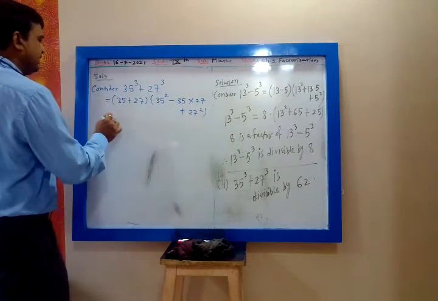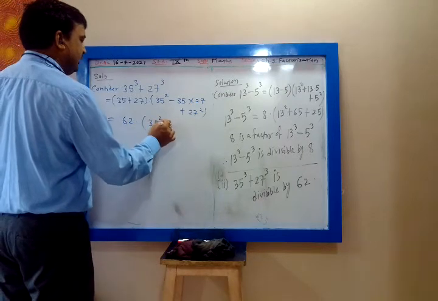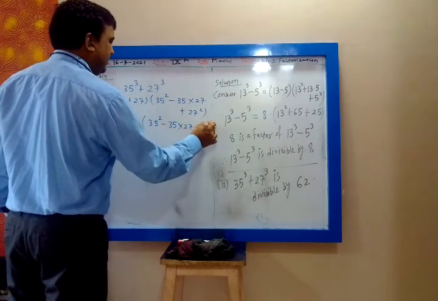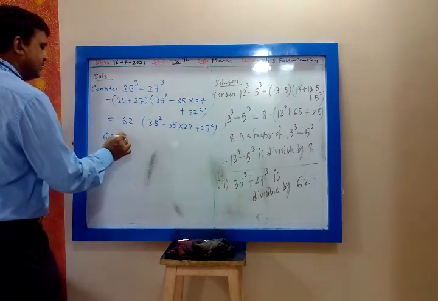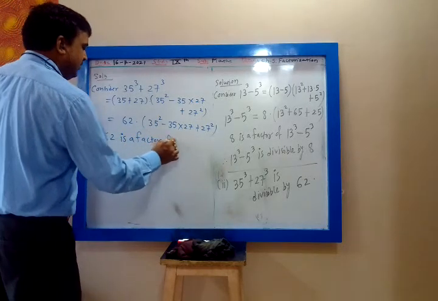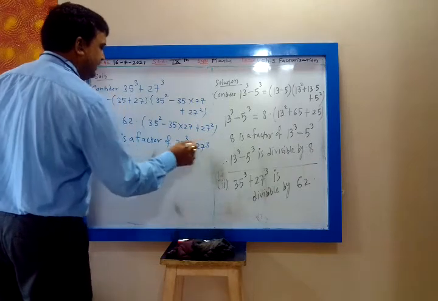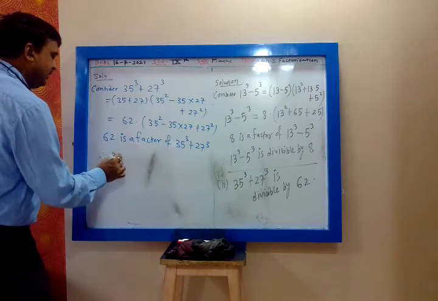So this is 62 into 35 square minus 35 into 27 plus 27 square. That means 62 is a factor of 35 cube plus 27 cube. Whenever it is a factor, this number is divisible by 62. Therefore 35 cube